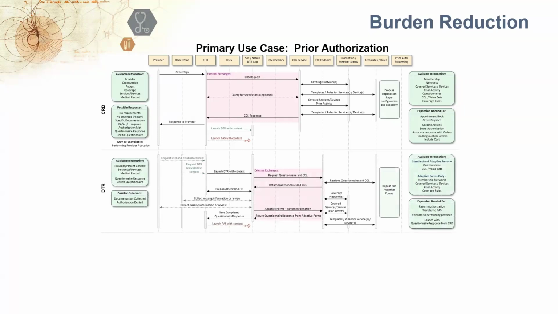So DTR is documentation, templates, and rules. So this is really the workhorse of gathering additional documentation that's necessary to support that prior authorization request. Again, we'll talk more about that in a moment, but you'll see how CQL is involved in that. So if you're not familiar with the Clinical Quality Language, this is our extraction method for pulling data from an EHR to pre-populate questionnaires in